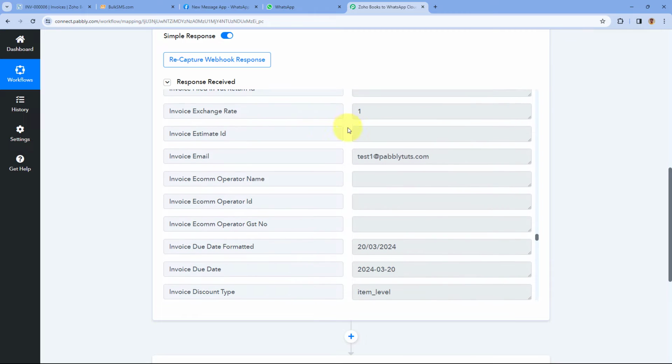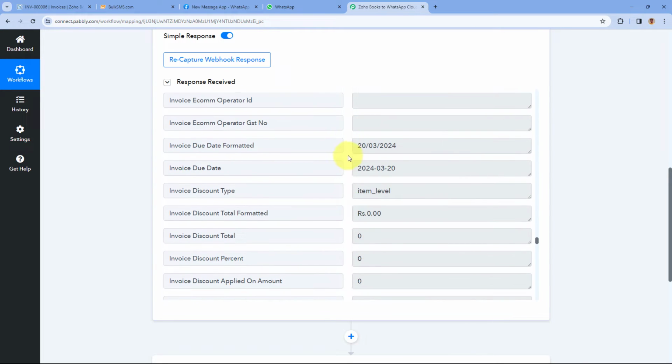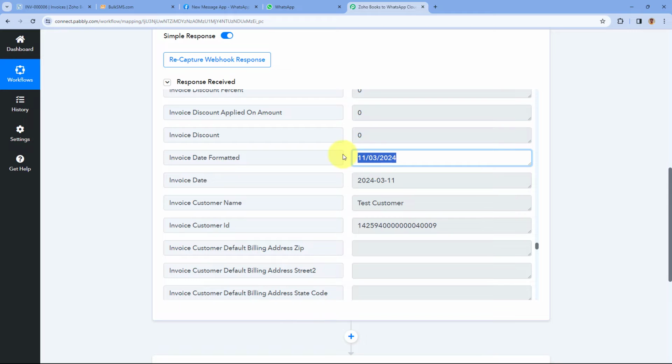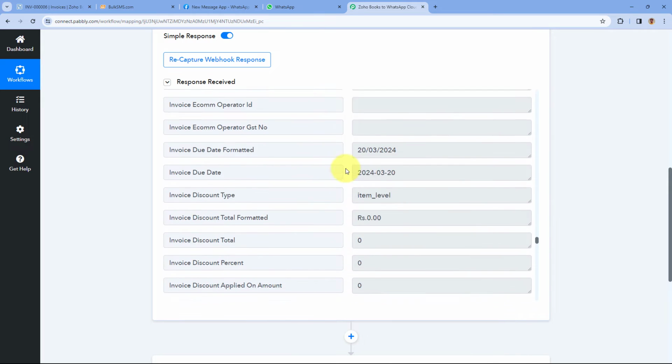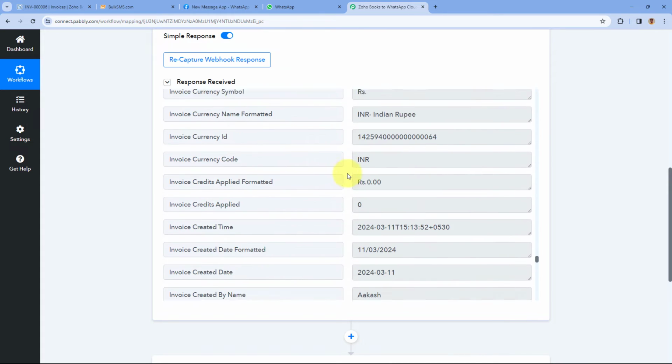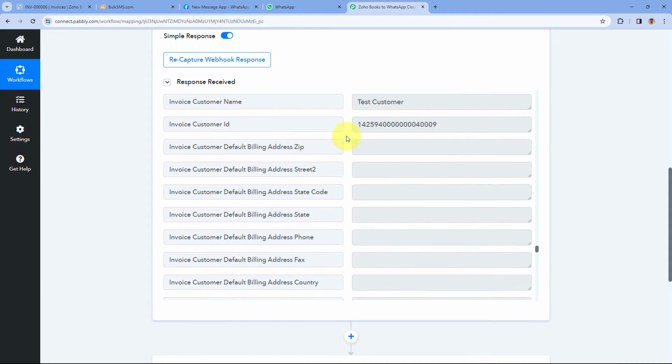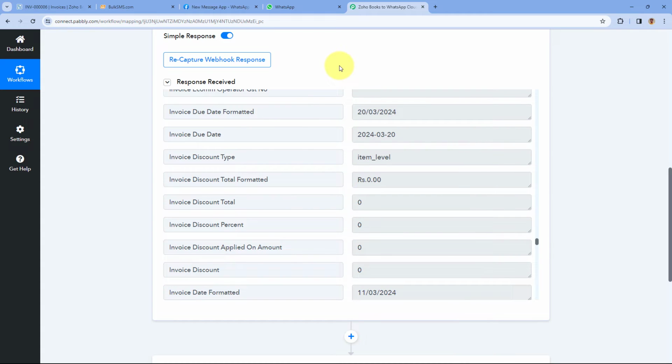We will scroll down further. Here you can see the email address of the customer for whom we have created the invoice. We have the due date 20th of March, the same due date which we have selected. Then after that, here you can see the invoice date as well, that on what date the invoice was created. We have the name of the customer. We will scroll down a bit and we will see the mobile number of this customer as well. And here it is. This is the mobile number. In this way, you can see all the details of this customer is received inside Pabbly Connect in the triggers